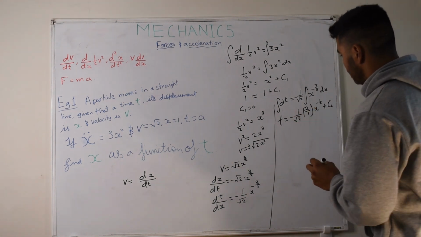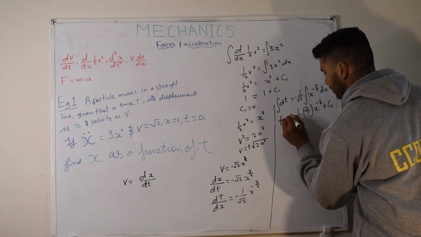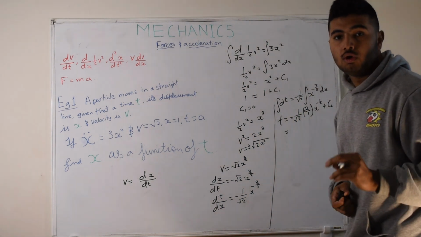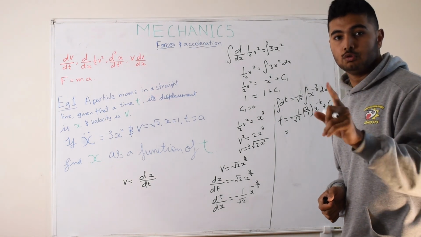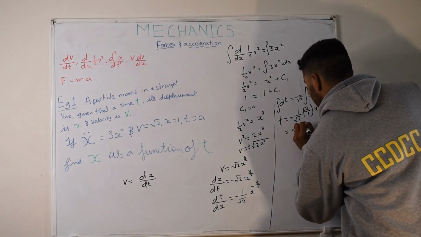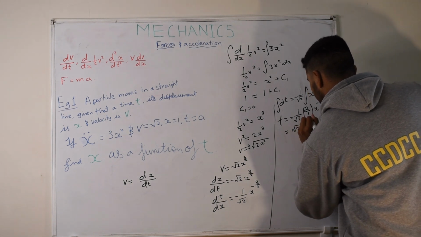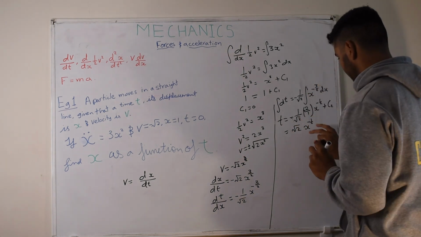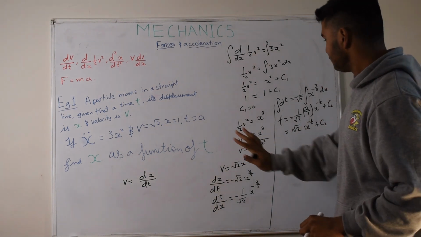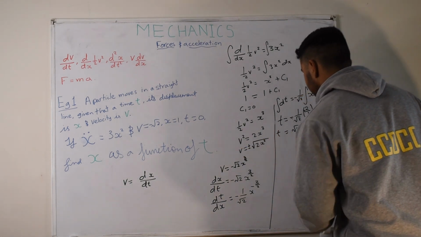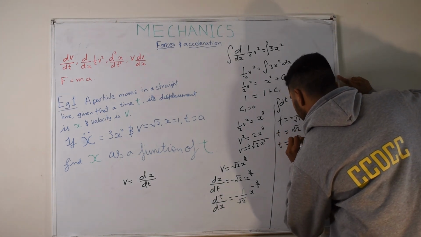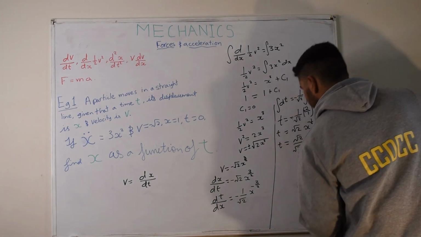Negative, negative, chop off. There's a negative here, sorry. Negative, negative, gone. We have 2 upon root 2. Another way of writing that is 2 root 2 upon 2. 2 to cancel out. We have root 2 x to the power of negative 1 on 2. Correct? Plus c2. This is what t is. So t then equals root 2 upon square root of x